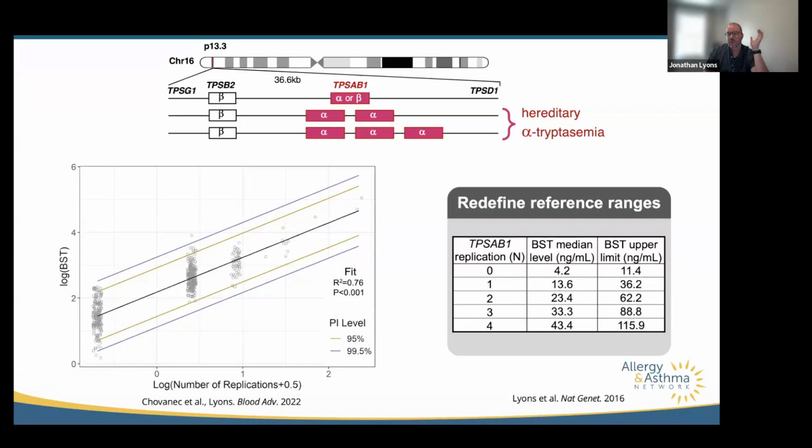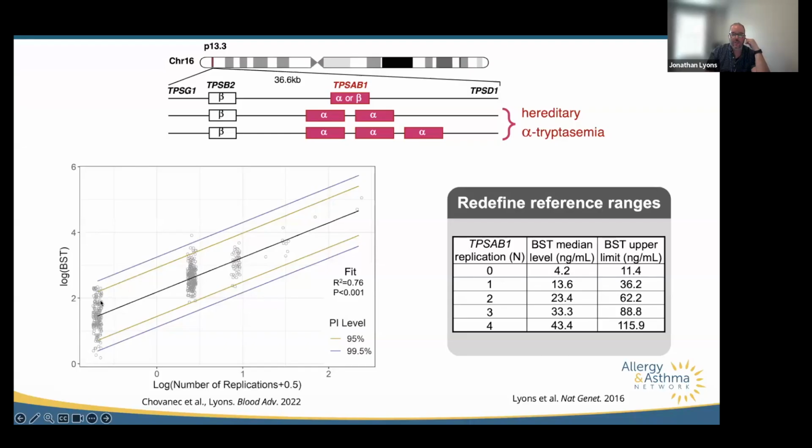Knowing this was really kind of the major driver of a tryptase level, we wanted to try to figure out what's a normal tryptase. So you can see here in data that we generated while I was at NIH a few years ago, these are all individuals that had tryptase genotyping performed and had blood levels of tryptase measured. So on the y-axis is tryptase, and on the x-axis is the number of extra copies. And this is log-log transformed, so it just basically condenses the data a little bit.